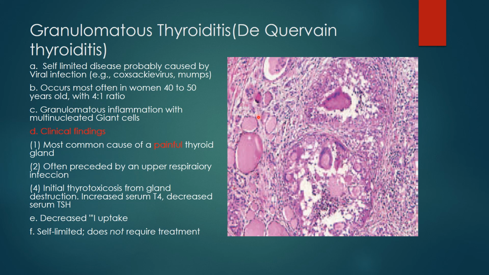You can see in this slide, this is a thyroid tissue. You can see some thyroid follicles here, this and this. These are thyroid follicles, and the stroma shows these two granulomas, 1 and 2. These two granulomas show peripheral palisading epithelioid histiocytes. There are lymphocytes, and there is a multinucleated giant cell. This is a Langhans type giant cell.